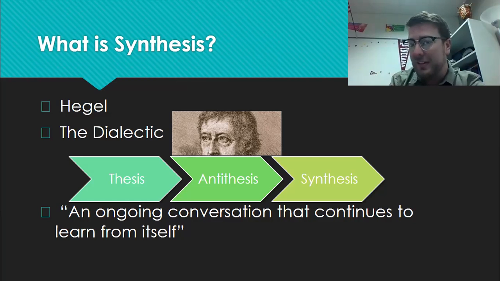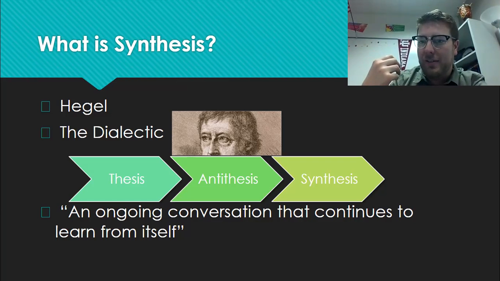Now, he called these three steps the thesis, the antithesis, and the synthesis. So, what does that mean? A thesis, he would say, is one point of view that represents something. So, for example, in terms of governing people, right, we might consider a thesis to be kings, just the idea of a monarchy, of an individual who runs the government, who is the government, who is over everything, and who has absolute power. That's a thesis, right?